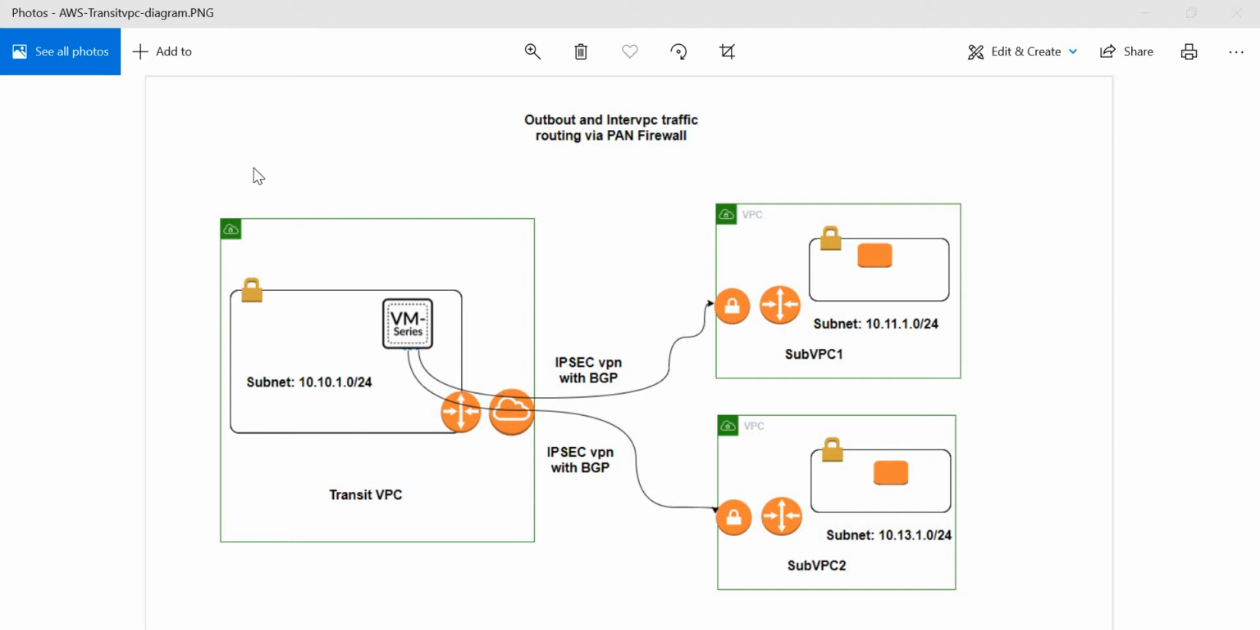Now, as you can see in this diagram, what we are going to follow is a transit VPC method. So I have a VPC which is named as transit VPC. In this I have a Palo Alto firewall in one of the availability zones which is having an untrust interface in the subnet 10.10.1.0/24. Now this subnet has an IGW attached to it. That means it has access to the internet, so that this firewall can reach out to the internet through this